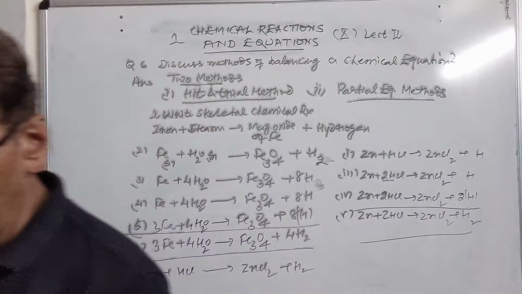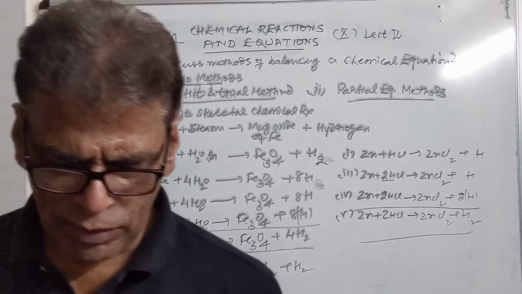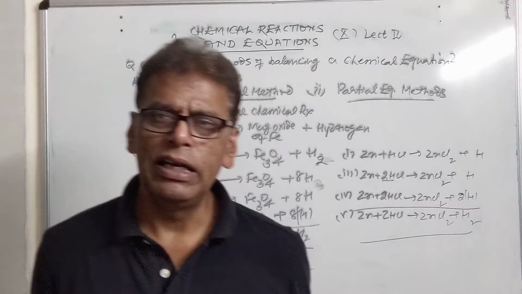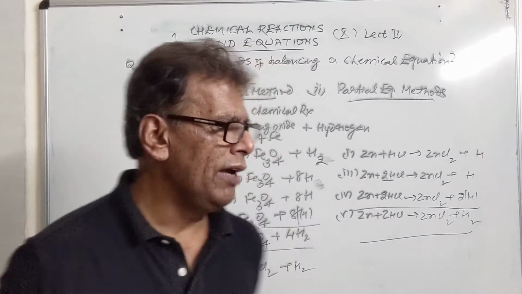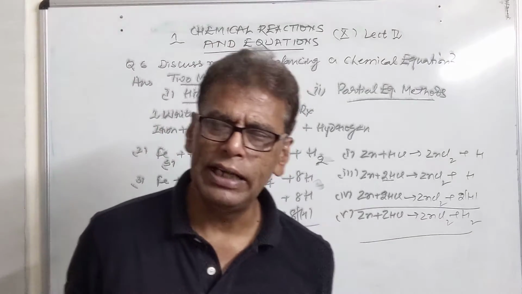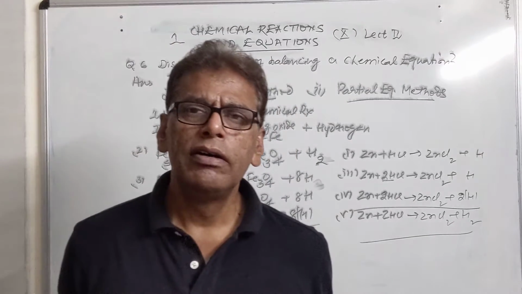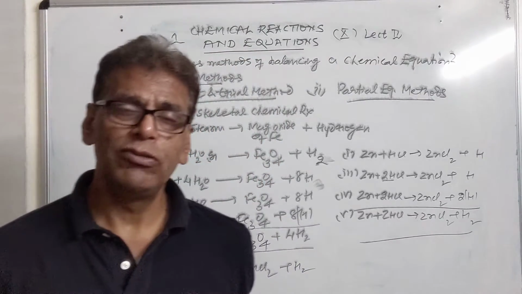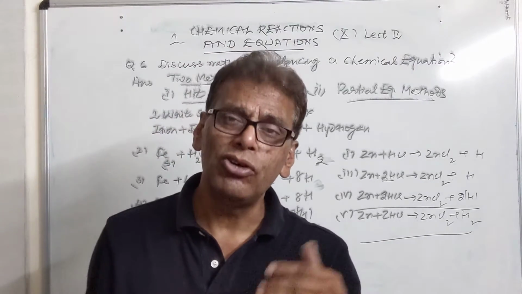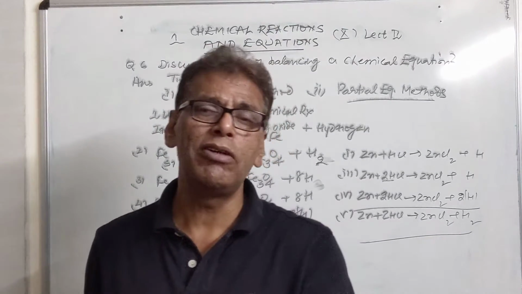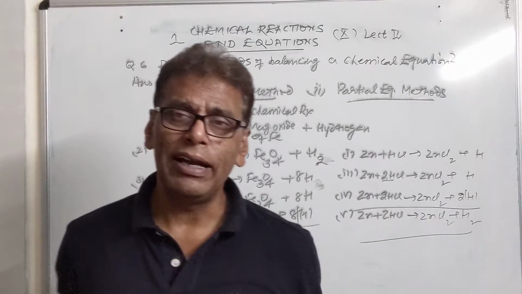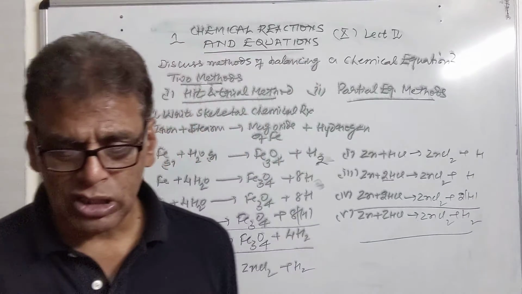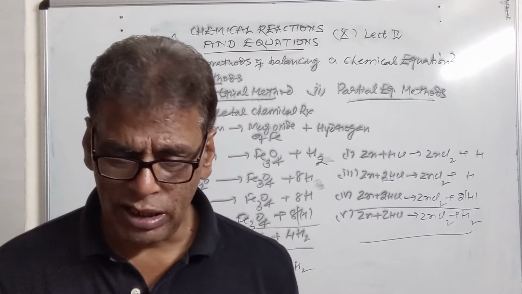So this is the first way how to balance a chemical equation by hit and trial method. First of all, skeletal equation is written. Secondly, we convert any molecular gas, if it is present, to atomic state. Third, balance those atoms first of all which exist at maximum places. If this attempt fails, then balance those atoms first of all which exist at minimum places, and then balance the other atoms. Then in last, convert that atomic gas into the molecular state. That will give you the balanced chemical equation.